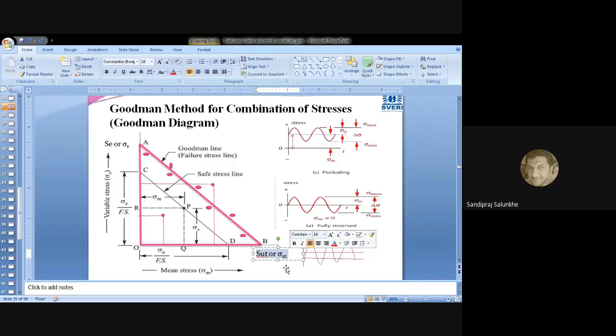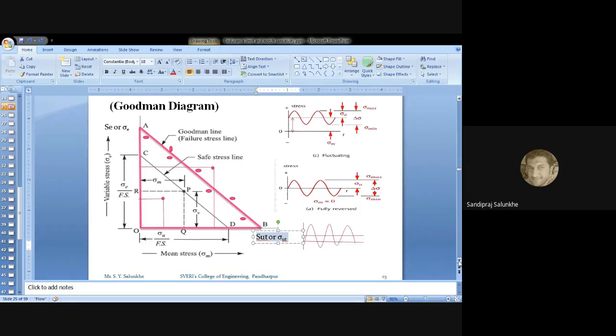But the ultimate tensile stress is the property of brittle material. More or less we are going to consider it for the brittle material. And for the ductile materials, we are going to concentrate more on the point or stress where the yielding gets started, which is definitely less than the ultimate tensile stress. So what Soderberg has done,